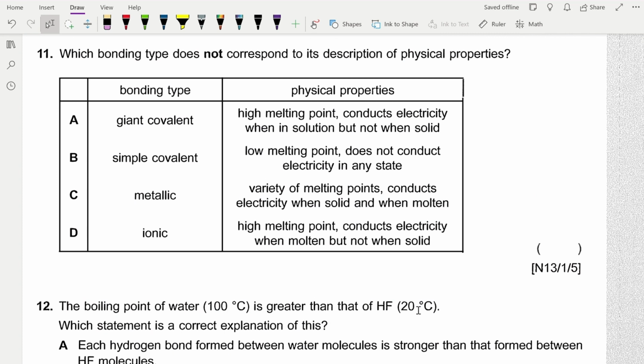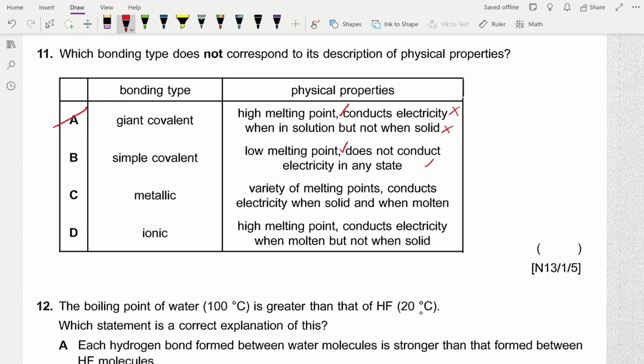Question 11. Which bonding type does not correspond to its description of physical properties? Giant covalent has high melting point. It doesn't conduct electricity when in solution because it's not an ionic compound. So A is incorrect. So the answer should be A. Simple covalent structures do have low melting point because simple covalent molecules have weak van der Waals forces, and